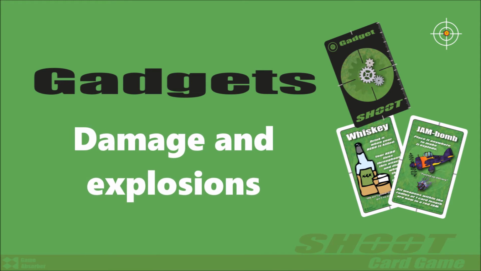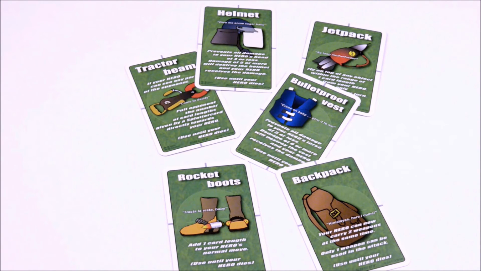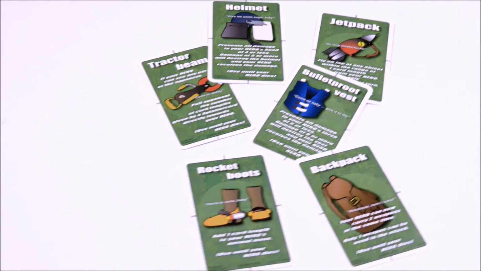During your own turn, you can play most of the gadgets you've got. Most of the gadgets will work the instant you play them and will then be discarded. A few gadgets you keep for as long as you are alive. These are equipable items that the hero can activate when the need arrives. Hence, you don't have to reveal your helmet, for instance, before you are hit in the head and therefore have